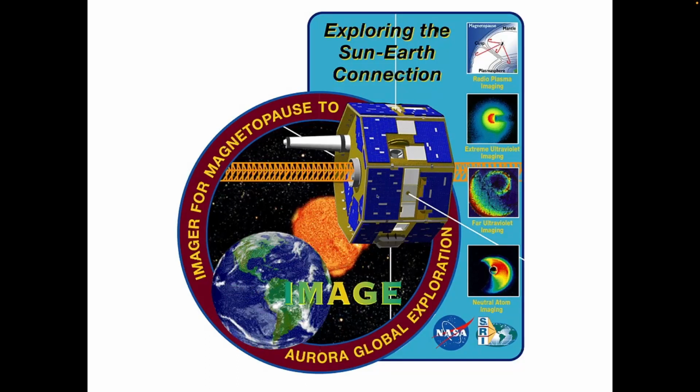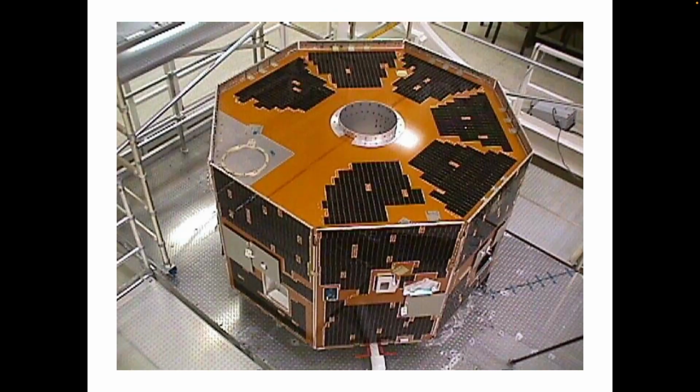And so that's where the IMAGE project was born. The IMAGE project was a satellite that would have 6 instruments on it, all doing different things, that would take pictures of the Earth's magnetosphere, the sphere of influence where the magnetic field of the Earth is dominant. It was a trash can. It was designed to be cheap. It was designed to be fast. It was designed to have as few moving parts as possible. And as part of one of the 6 instruments that's on this satellite, and I know it's got 8 sides, okay, right? But so this is like there's instruments here and there's instruments there and all that kind of stuff, okay?